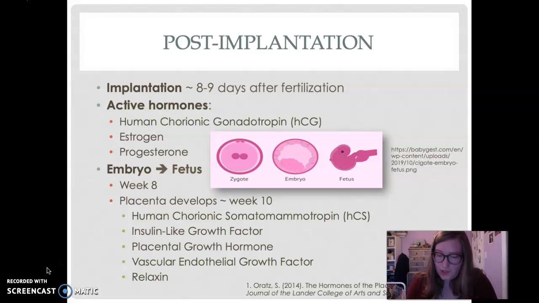The final placental hormone that I think is important to mention is called relaxin. Relaxin is a peptide hormone similar to insulin. This hormone softens the cervix and the birth canal tissues in preparation for parturition, and estrogen further enhances these effects. Additionally, it has been found to promote the growth and differentiation of glandular, fibrous, and supportive mammary tissues to prepare for lactation.